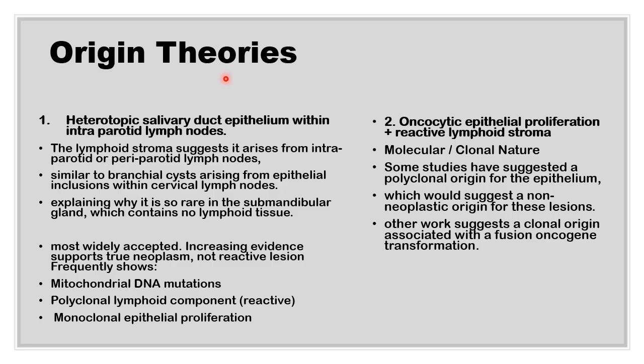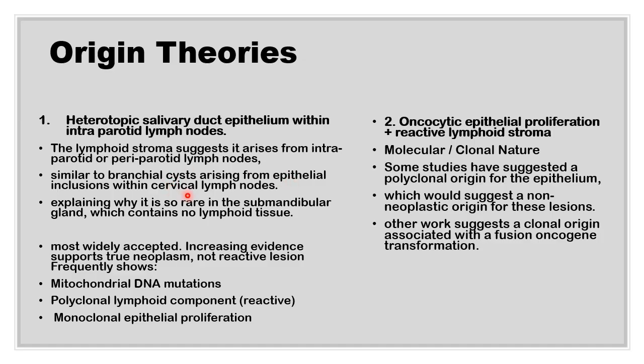There are two main theories for the origin of this tumor. The first and most accepted is heterotopic salivary duct epithelium within an intraparotid lymph node or a periparotid lymph node. Some epithelium from the salivary ducts is enclosed within the lymph nodes within the parotid or very close to it. This is very similar to the origin of branchial cysts, for example, that arise from epithelial remnants enclosed within neck